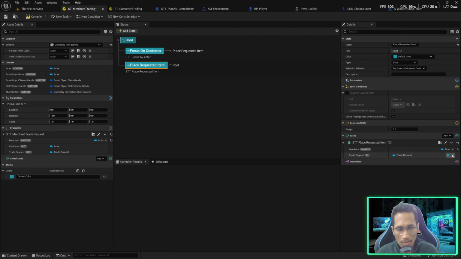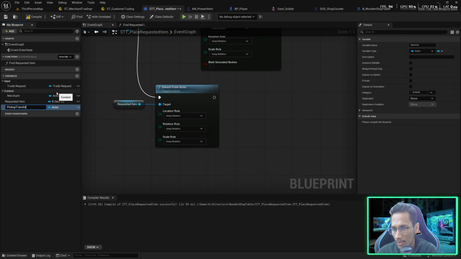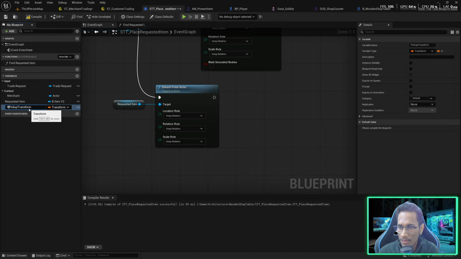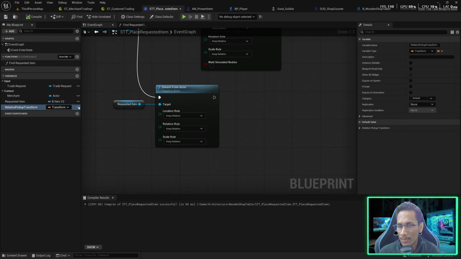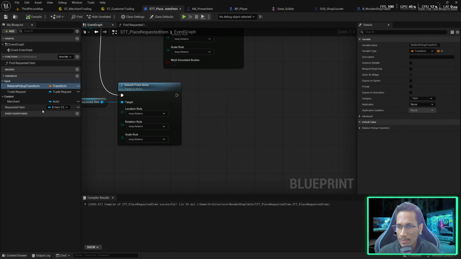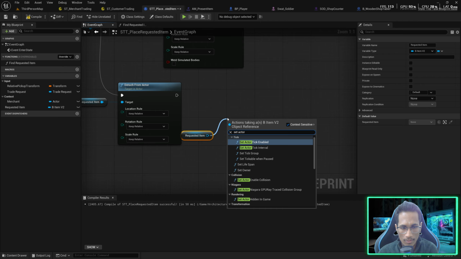Trade request. You can get it from Evaluator. And let's get the pickup transform. Let's name it better. Relative pickup transform. Okay. Compile, save, go back. And okay, I have not exposed it. So let's expose it in the input category. Compile, save. And now you can bind it with the pickup spot. Okay. So now you have the spot location. So you can set the requested item's actor location, set actor transform,